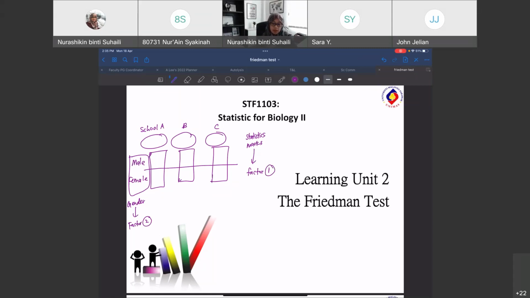If we introduce another factor in our samples, and our samples are more than two, we cannot use the Kruskal-Wallis test anymore. We have to use a test called the Friedman test, provided that our data are non-parametric. So that's the difference between